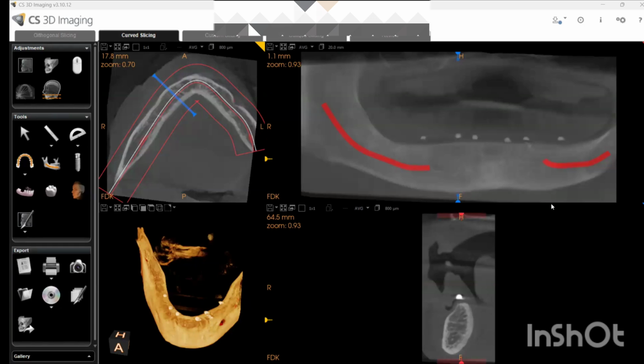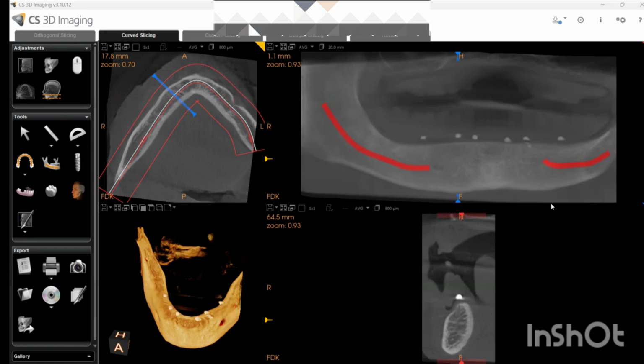Hi guys, I'm here with a case for you, and today's case is of a 55-year-old female patient who is completely edentulous. That is, no teeth. Now, the present case is just for the lower jaw for implant placement. So the patient is wearing a denture, but it is not fitting properly. So the patient is now opting for an implant supported prosthesis.